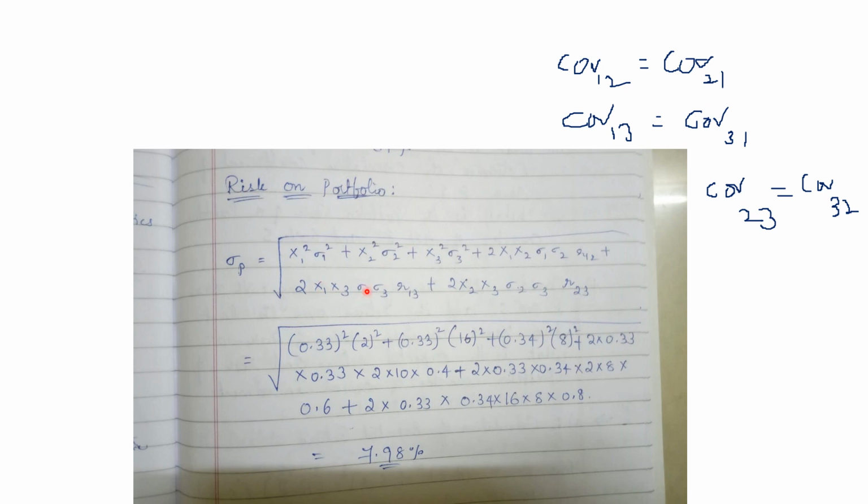So that's why we are not taking 3 1 here. Make a note here that both are same. So for that particular purpose this formula is given, plus 2 into, we are taking 2, no? So 2 into x2, x3, standard deviation 2, standard deviation 3 into R23, coefficient of correlation of second and third securities. So if you substitute these values,